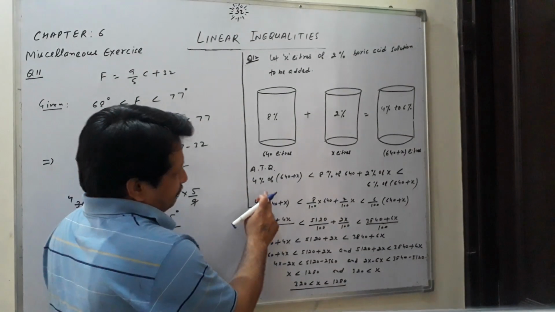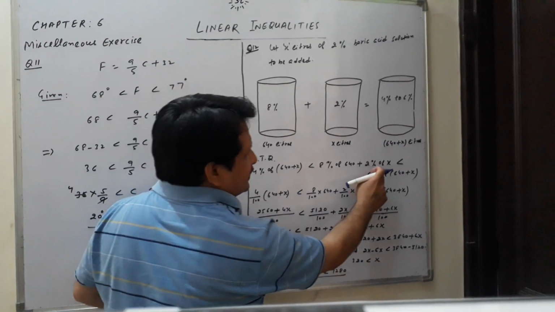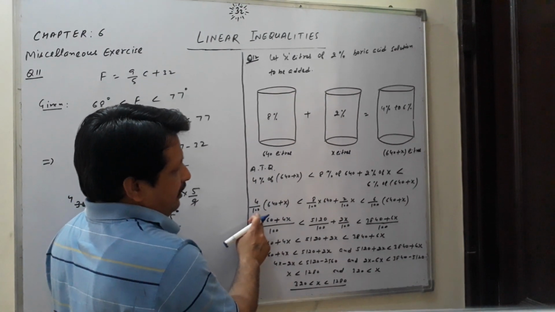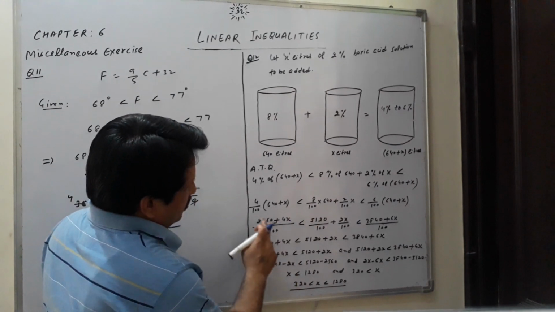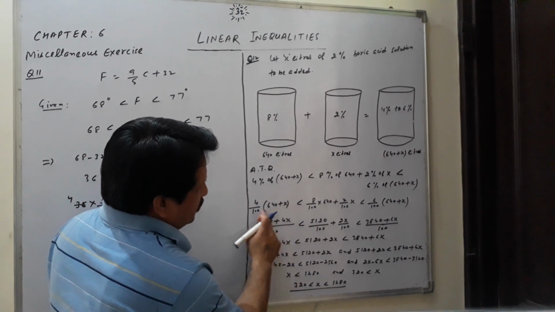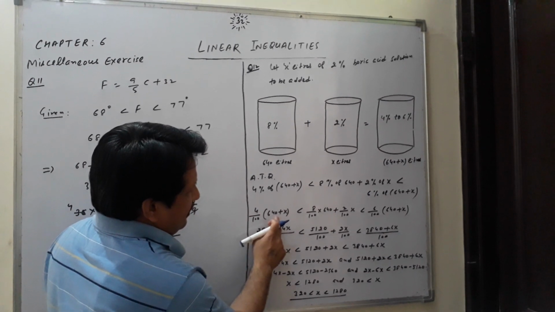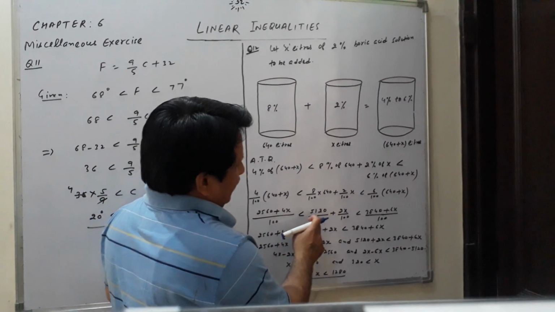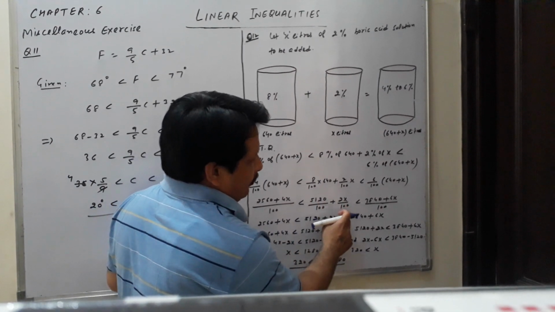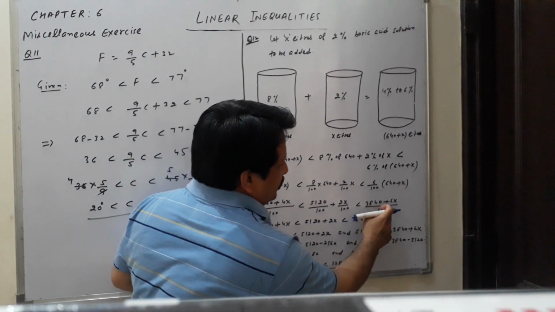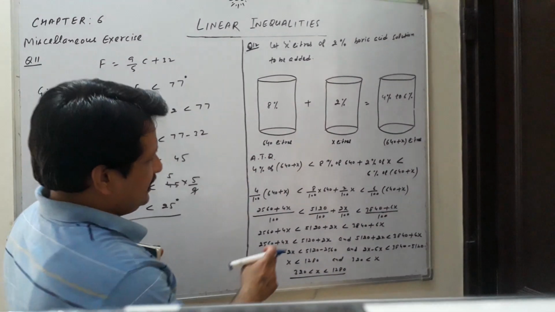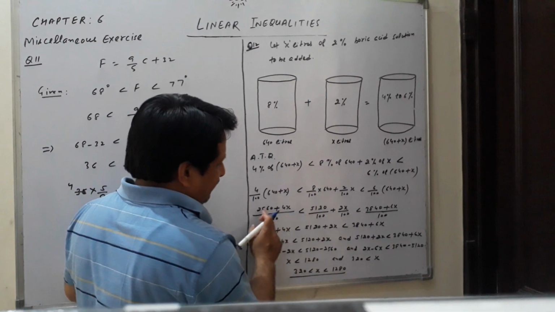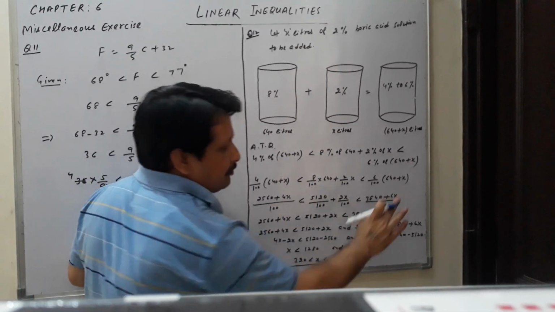Now here it is percentage and percentage. We will change this percentage first. We will remove the percentage by dividing by 100 throughout. Now students, I am going to solve in the bracket. 8 multiplied by 640 will come as 5120, plus 2x upon 100. So 4 multiplied by 640 is 2560 plus 4x upon 100 < 5120 upon 100 plus 2x upon 100 < 3840 plus 6x upon 100. Now students, we have two inequalities. Very easily, if I multiply by 100, we can remove the 100 from here.